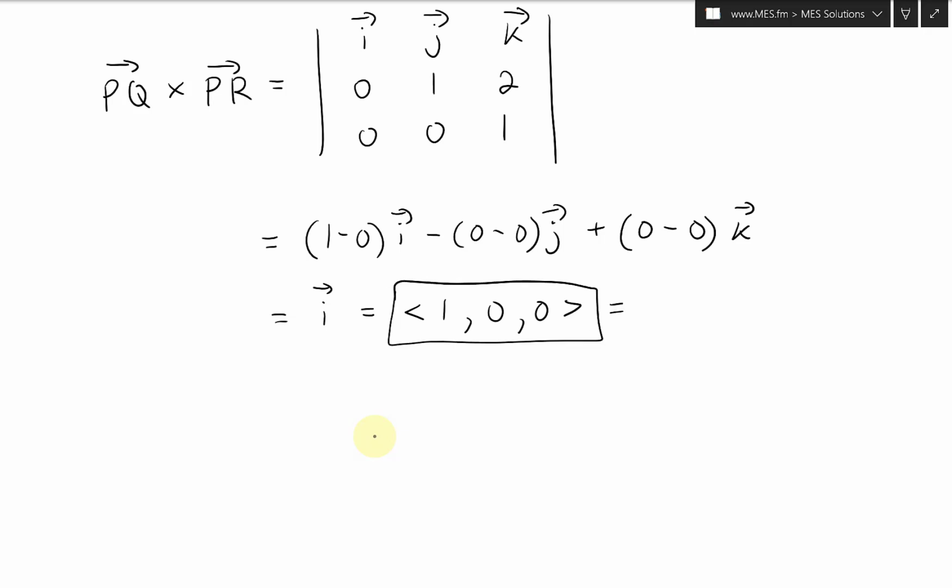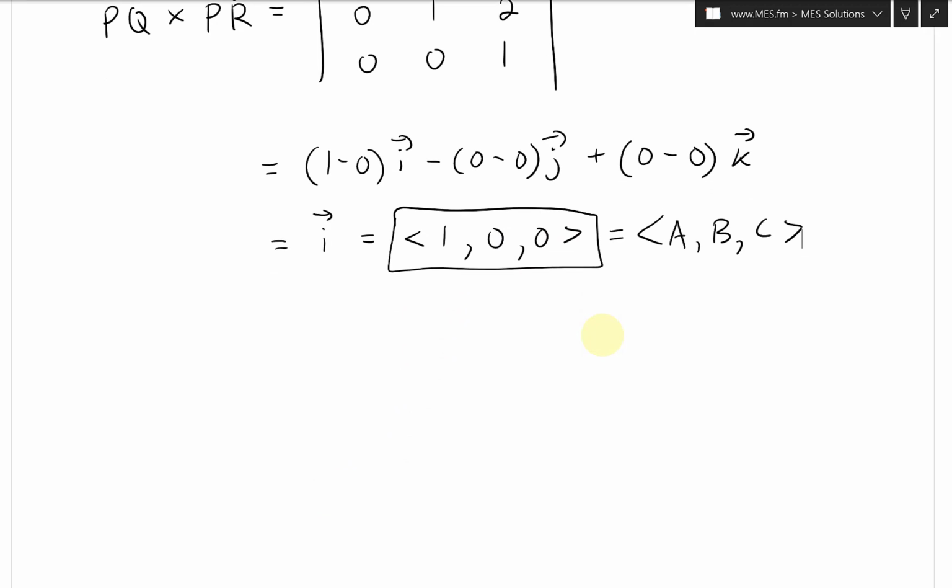And where again, this cross product is going to be, we're going to need it for our equation. That's just our A, B, C. In other words, B and C are 0, and then A is 1. So that's what we have. And now the area